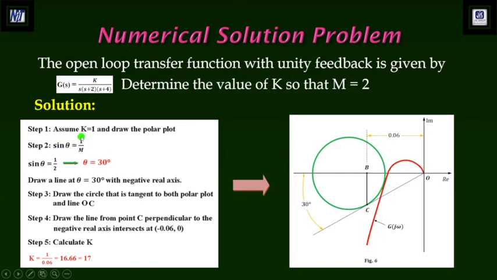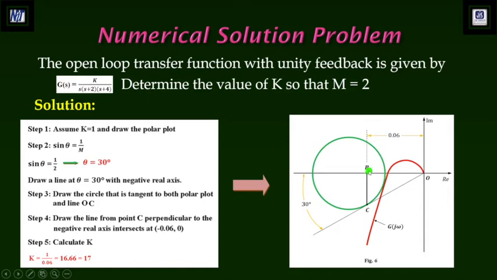We know sin theta equal to 1 by M, and here M is given as 2. Then theta is calculated as 30 degrees. Then draw a line at 30 degrees from the negative real axis. Then draw a circle that is tangent to both the polar plot and this OC line. Draw the line from point C perpendicular to the negative real axis, and it intersects at